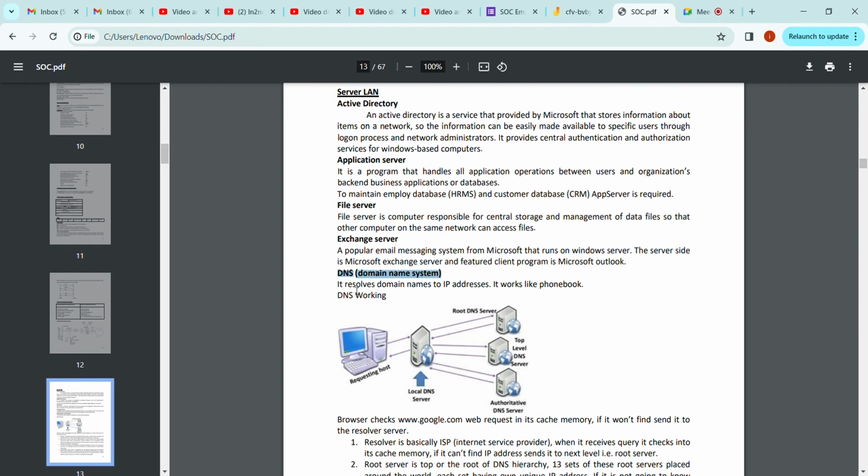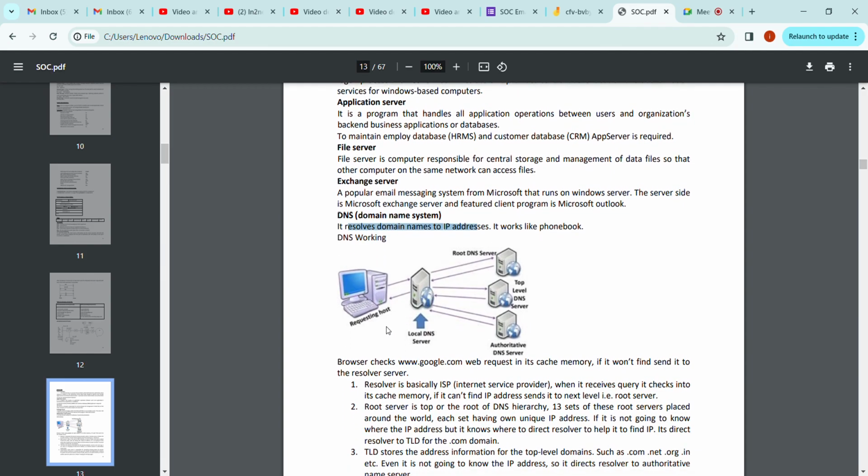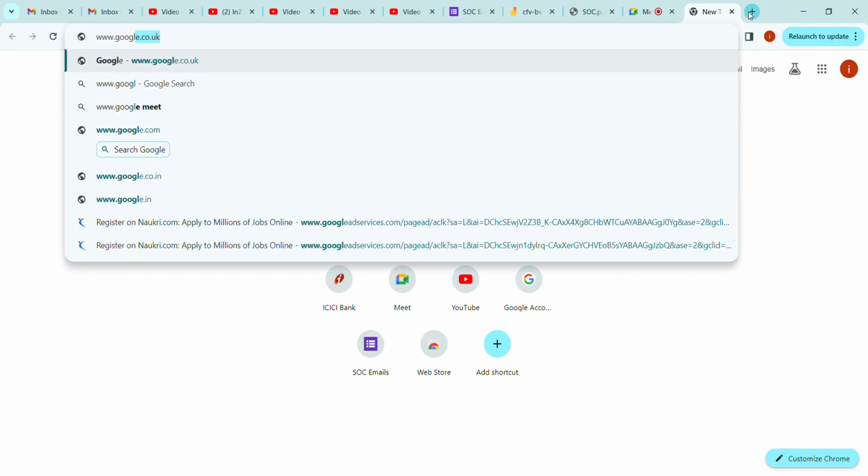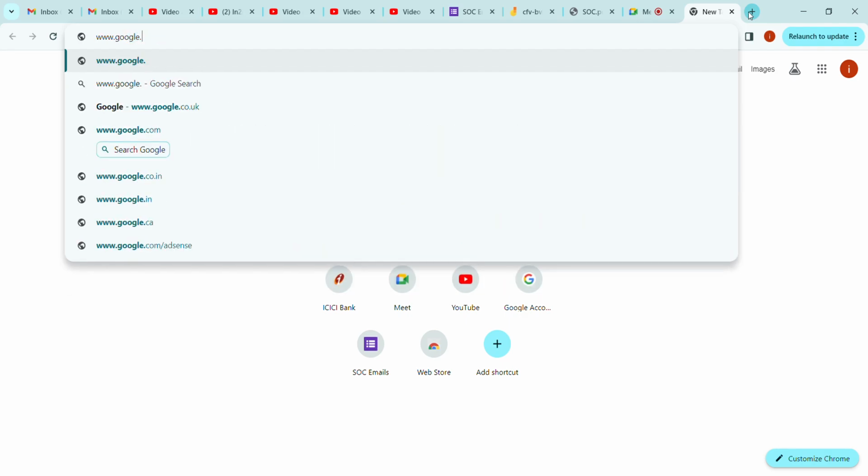So it resolves the domain names to IP addresses. It works like a phone book. So DNS generally has a hierarchy of levels. అంటే మనం సింపుల్ గా ఇప్పుడు నేను www.google.com అని కొట్టగానే